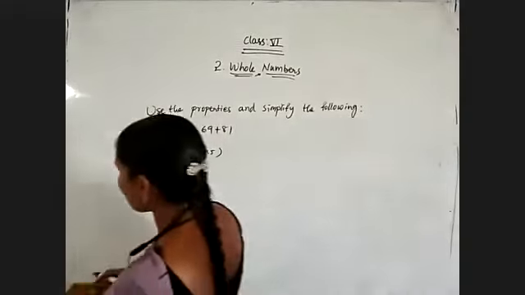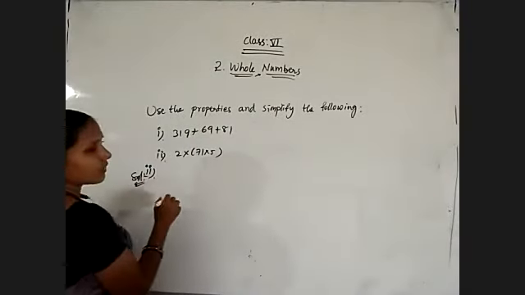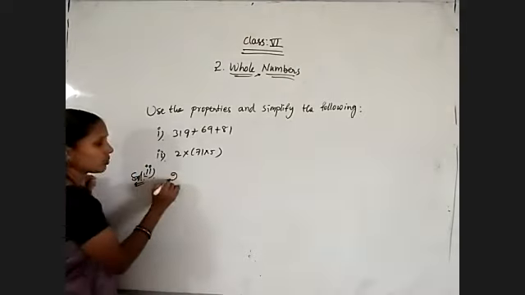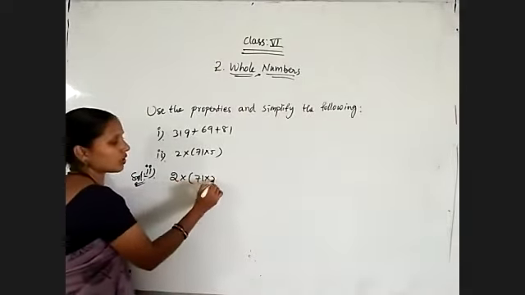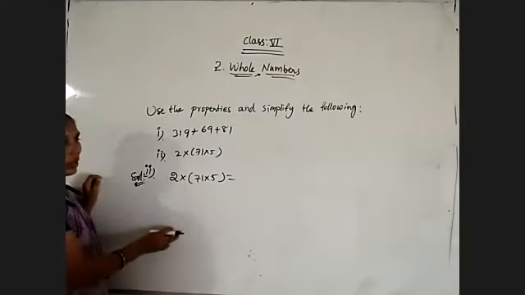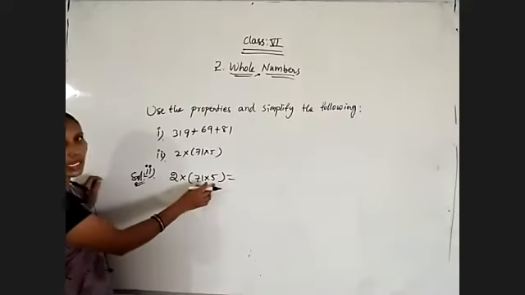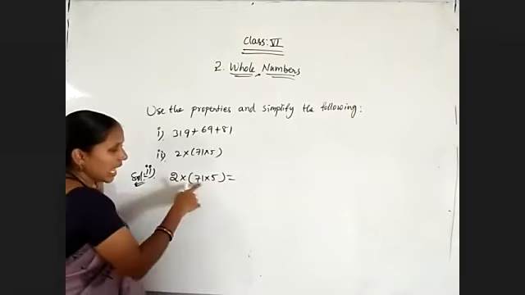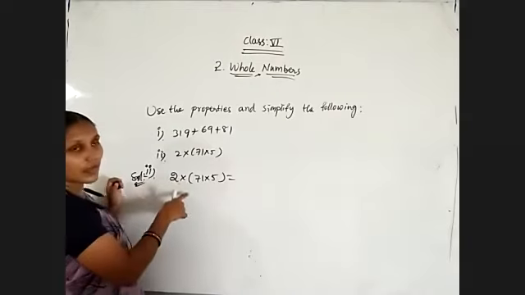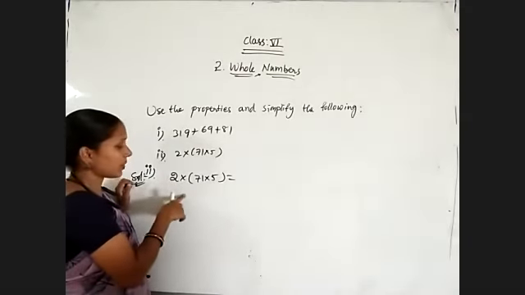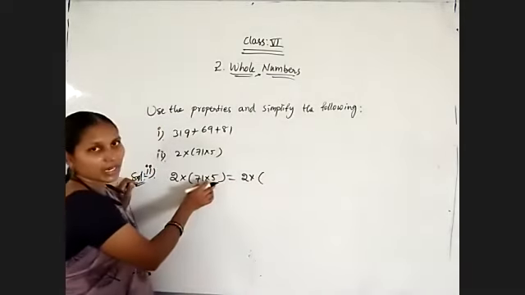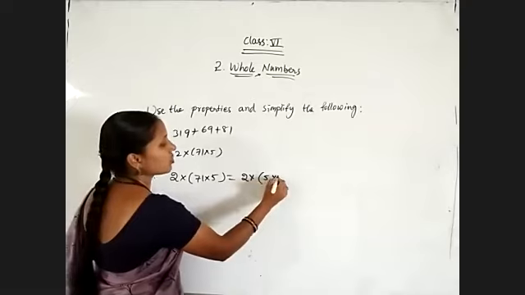There are always so many examples I have told you. Observe, whenever we are using the associative and commutative property, this is the relation. So 2 into 75 into 5. In the question they have indicated the bracket. Our step is very simple. These two numbers we need to change. We have three numbers with a multiplication equation, that's why we go to the associative and commutative properties. So here we will do 2 into, inside the bracket, 5 into 75.